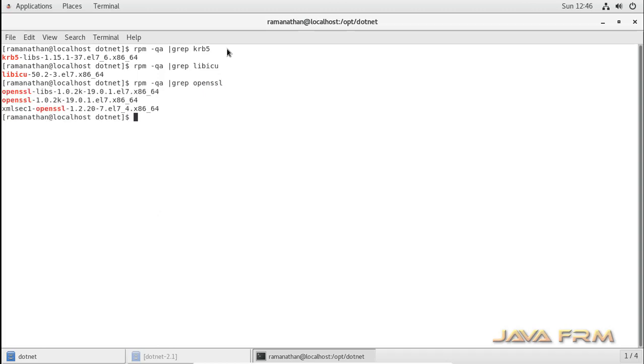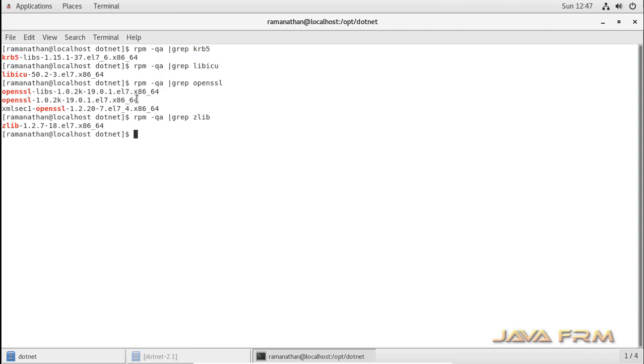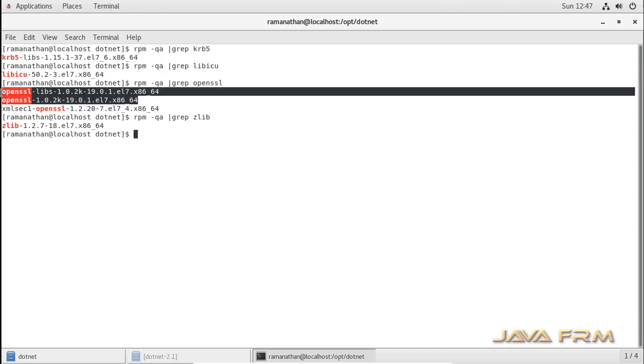OpenSSL is also already installed. Next is zlib, which is also already installed. So these four dependencies are required by .NET Core 2.1. Make sure these dependencies are pre-installed.